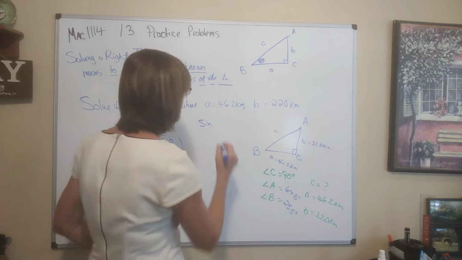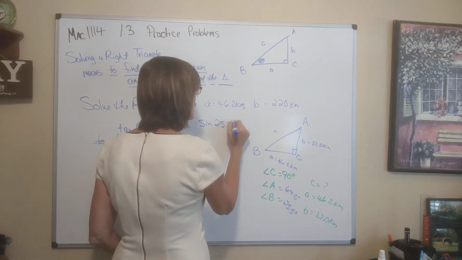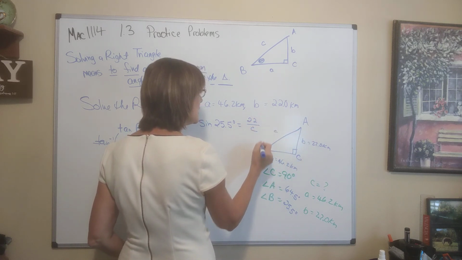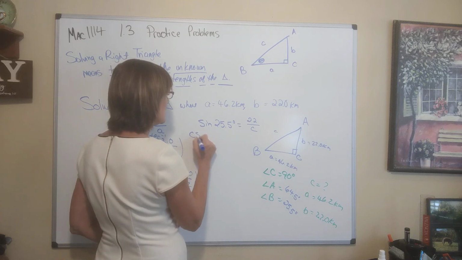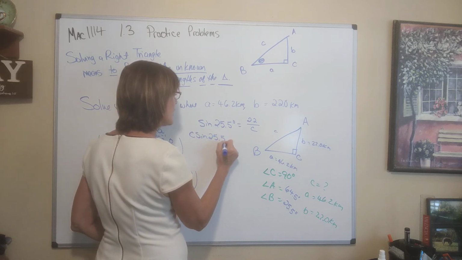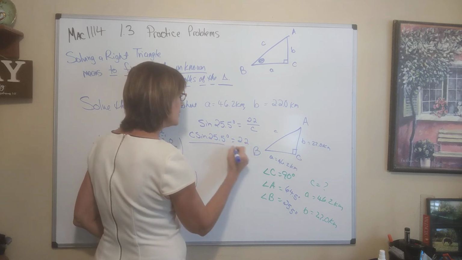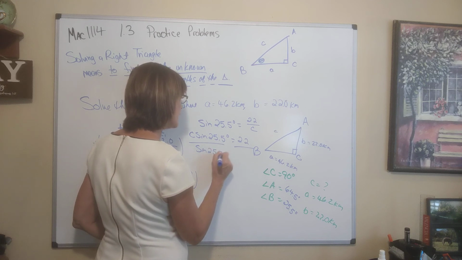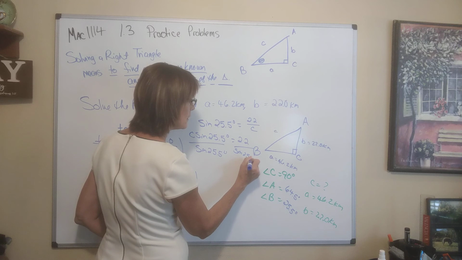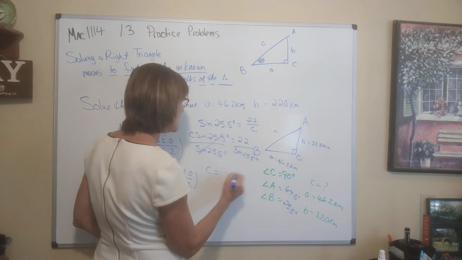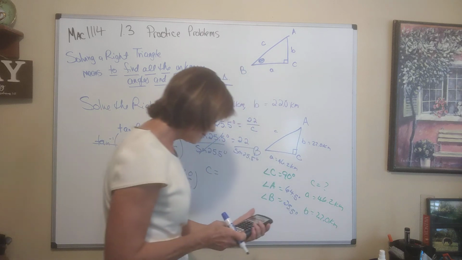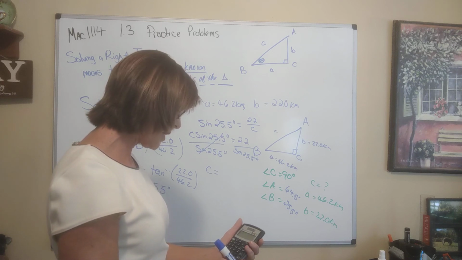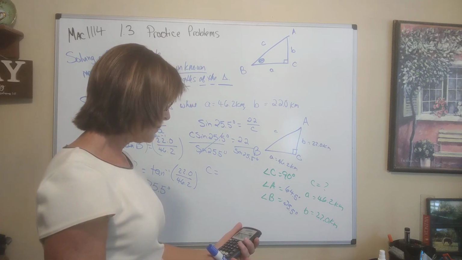The sine of angle B, 25.5, is equal to opposite 22 over hypotenuse C. Now I'm going to kill my fraction. C times the sine of 25.5 is equal to 22. I'm going to divide both sides by the sine of 25.5 degrees. These cancel. I get that C is equal to 22 divided by the sine of 25.5, which gives me